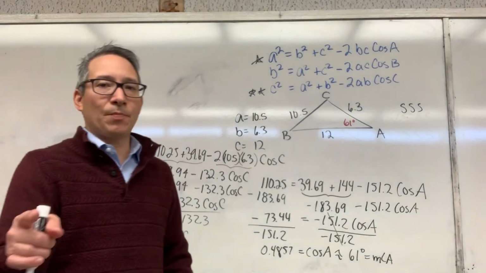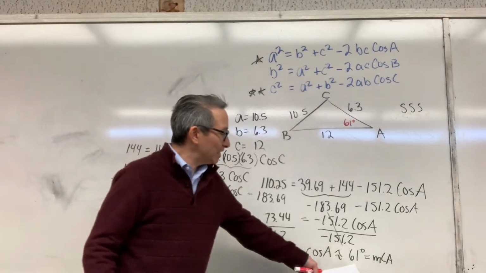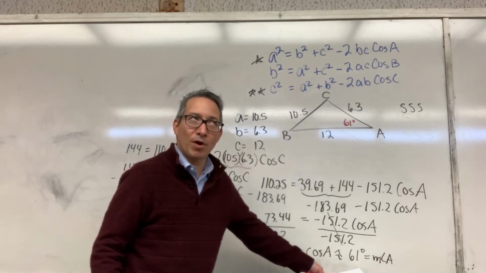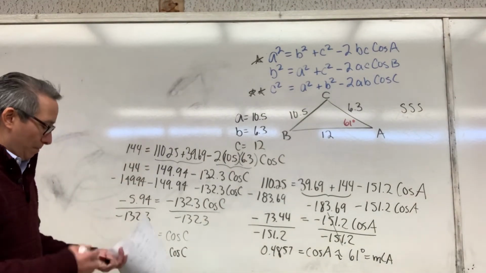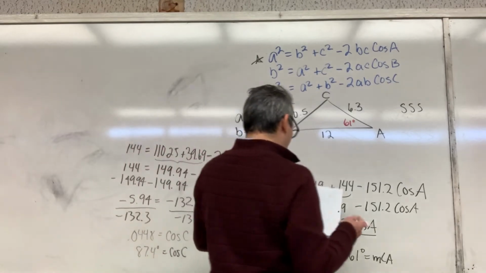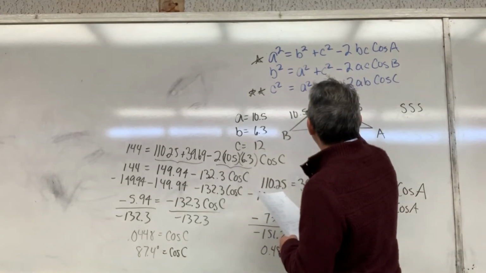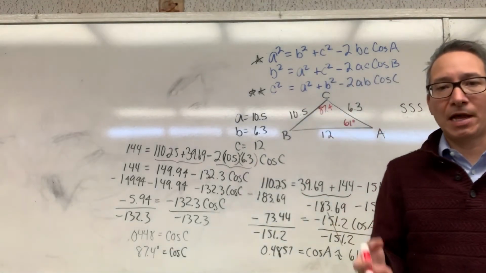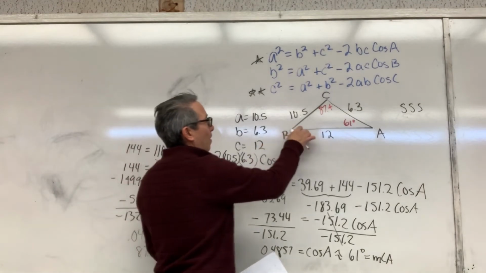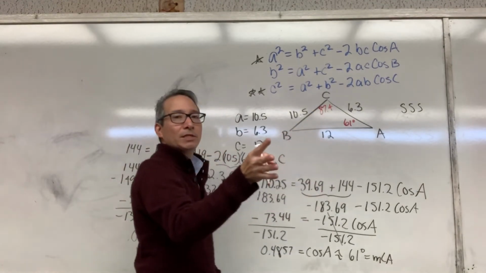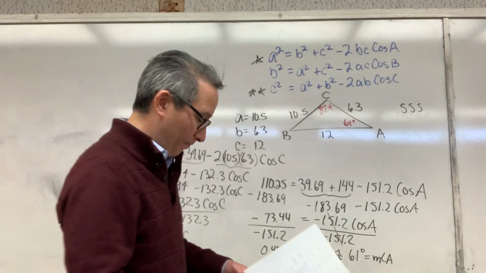You will have to check this example. They don't round on this one because, on the previous example, it was, I think, 60.9 degrees. 60.9 degrees, we round up to 61, but this one's kind of in the middle. So we'll keep it at 87.4. So the measure of angle C will be 87.4. Well, what's the last step in trying to solve this one? Well, 180 degrees is the sum of all three angles. If you take 180 degrees, subtract angle A and angle C, you're left with the answer to angle B, which is going to be